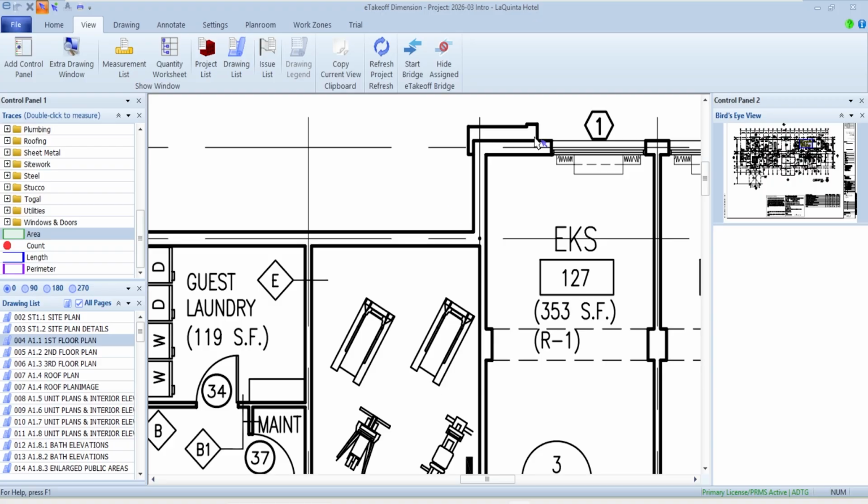So there are some of the most basic things that people do when they get started: familiarizing themselves, getting the plans named the way they want, and probably getting a bird's eye view on, so that as they start zooming in to do some takeoff after a while, they can tell where they're at and be able to see that. That concludes this first session.